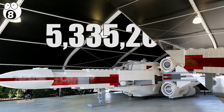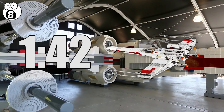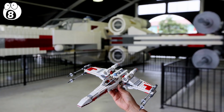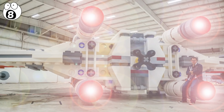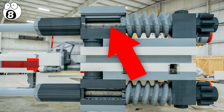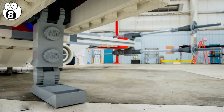5,335,200 Lego bricks. That makes it 42 times the size of the regular Lego X-Wing fighter playset. Besides the size, the main difference between the two models is that the full-scale version has engines that actually glow and roar as the X-Wings do on screen. This massive creation is also so heavy that it has to have an internal metal structure so it won't fall to pieces, making its total weight